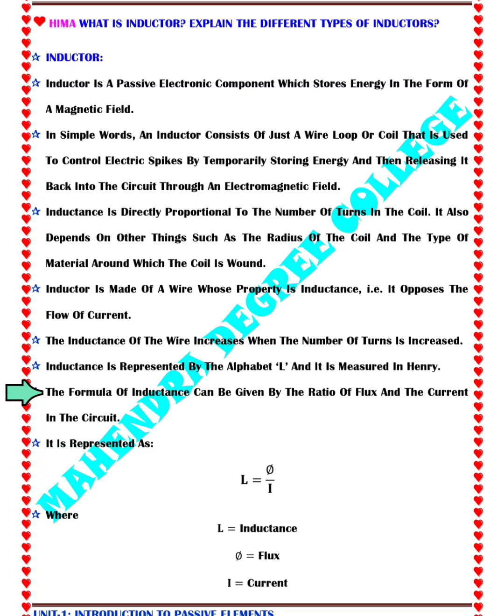The formula of inductance can be given by the ratio of flux and the current in the circuit. This means inductance is calculated by dividing the magnetic flux linked with the coil by the current flowing through it. It is represented as L equals Φ divided by I,